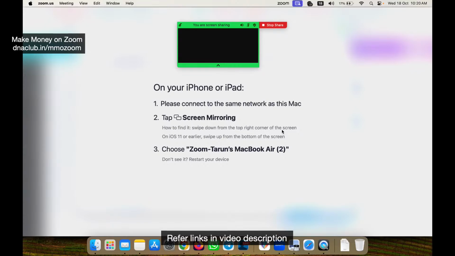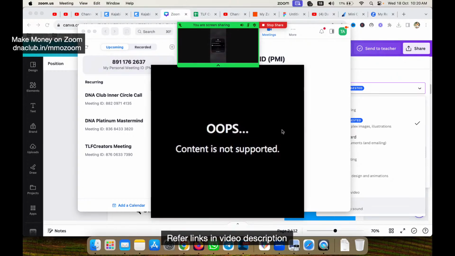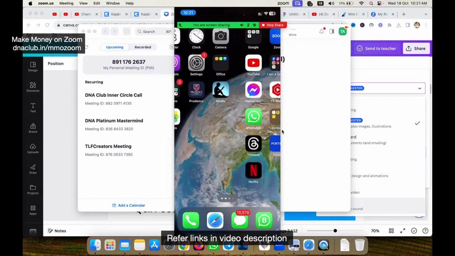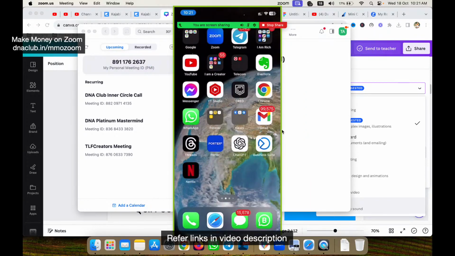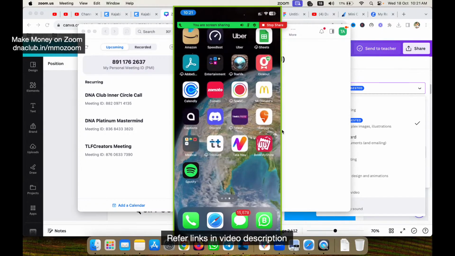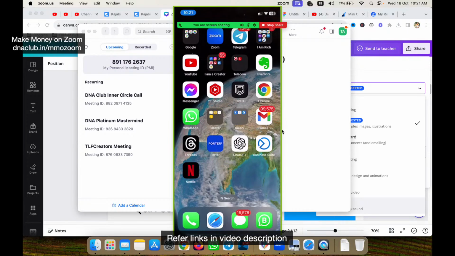So many times during the meeting, if you want to share a demo of how to access something and you want to share your mobile app, in that case you can just do it like this. Okay, there are so many things happening right now. Okay, yes, can you see my mobile screen is available? It shows my mobile screen at the top. Can you see?